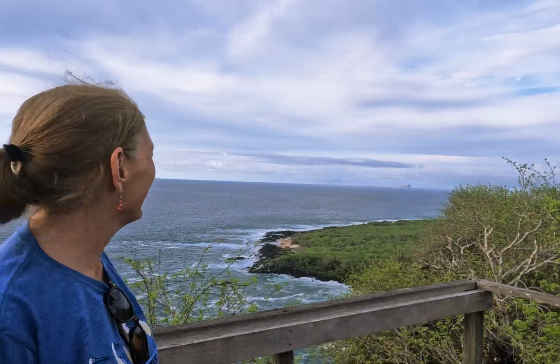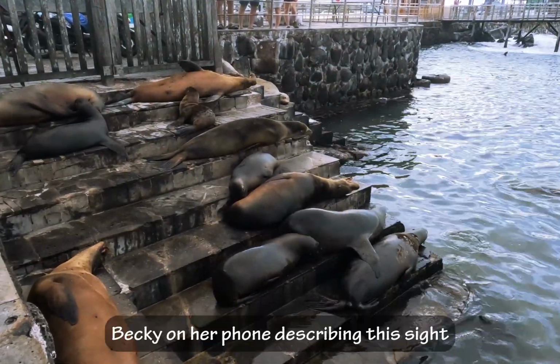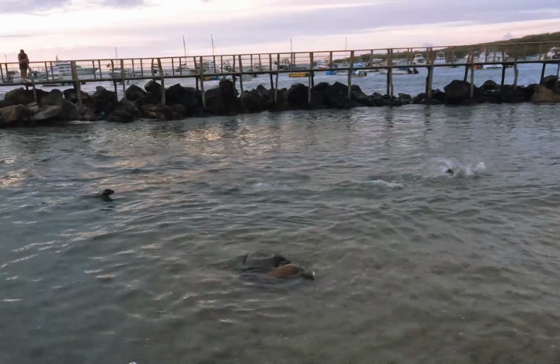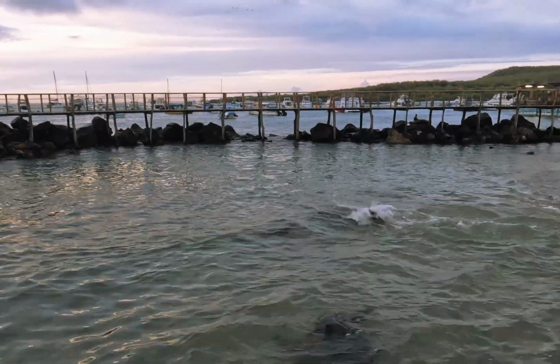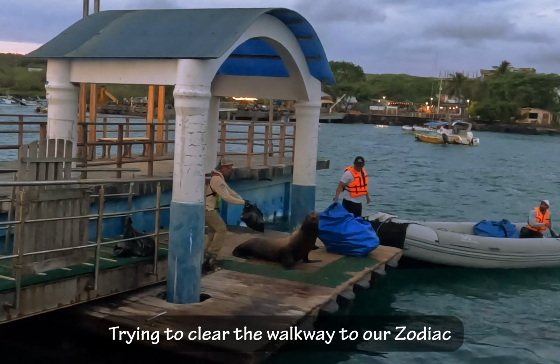Kicker Rock, yes. By the pier, there are these steps going down into the water, like 7 or 8 steps, and there's sea lions laying on all of them, laying on top of each other. And it's nice, but it's not like this. Oh, they're really jumping. Now, if you get bit,